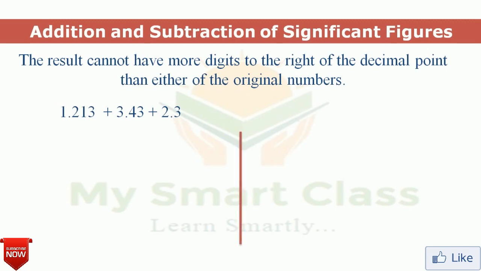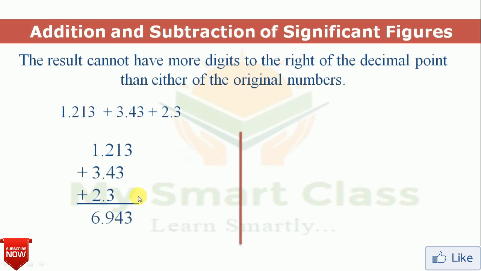Let's consider these three numbers and simply sum them, and we find the answer 6.943. This answer is correct as per the maths, but as per the significant figures rule, it is not correct. Why? Because after the 4 and 3, one digit is not clear to us, and here two digits are not clear to us. So this 2, 4, 3 is clear, but what is here? We don't know. What is here and here? That we also don't know. So this 4, 3 is very doubtful for us.